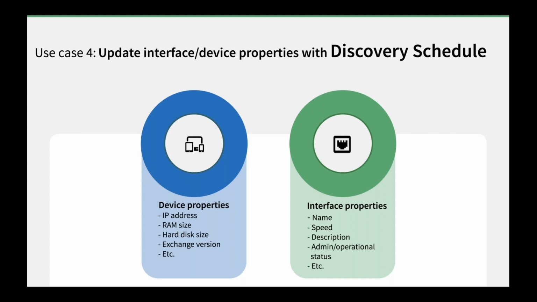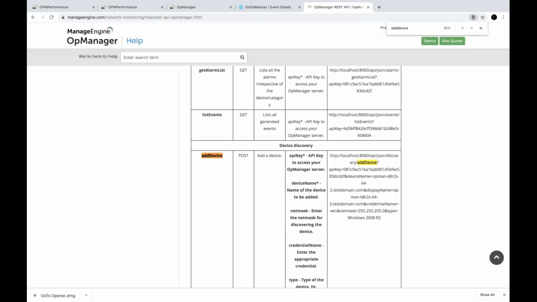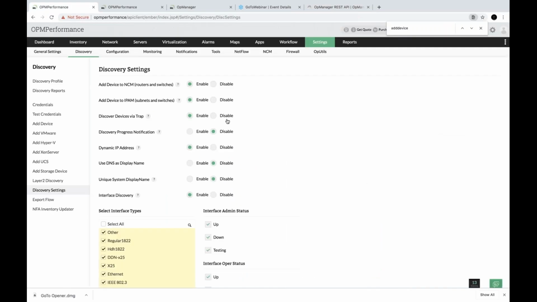And if you want to make sure that all these changes are intact in your monitoring tool, when you're monitoring the specific device or interface, then I would recommend that you have the discovery profile created and make sure that it is on a schedule. In case you missed doing that and you wanted to do it right now,